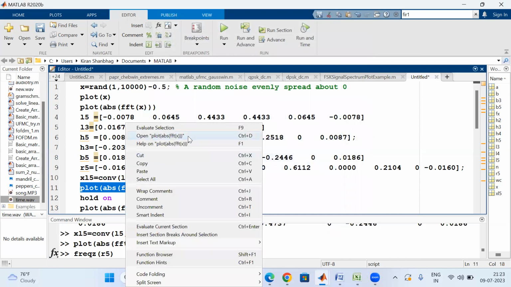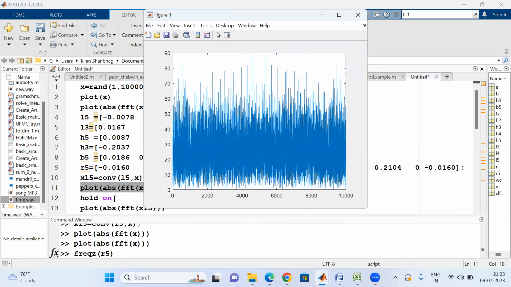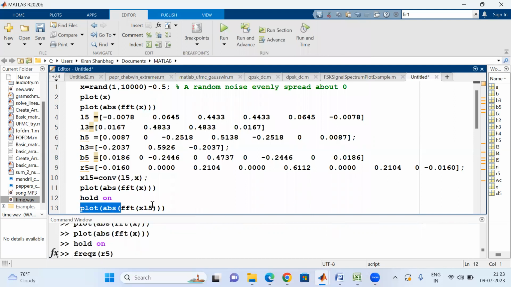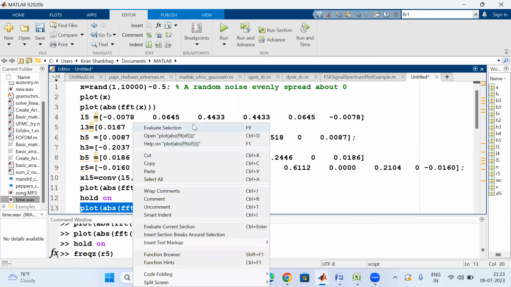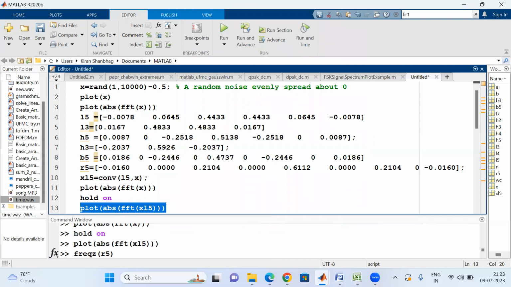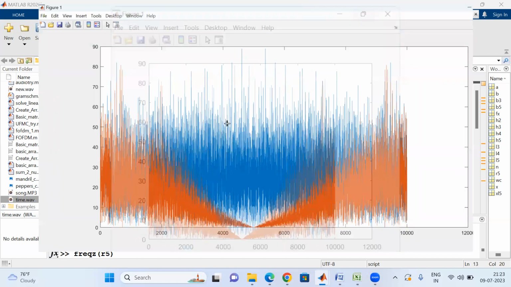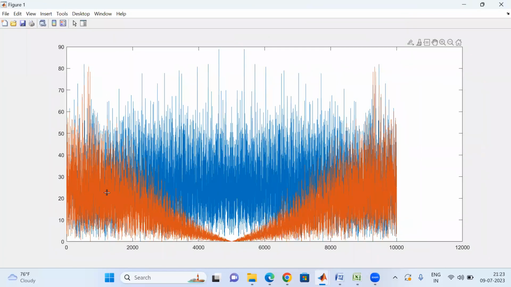Now, once again, let this figure be on. Then I will use a hold on. There you go. Afterwards, I will plot the frequency response of the convoluted data. See here, simple convolution, which you did in your basic signal processing. And you can see here, boom, what has happened? This is the original frequency response. You can see in this new frequency response, all the lower frequencies have been allowed, and the higher frequencies,